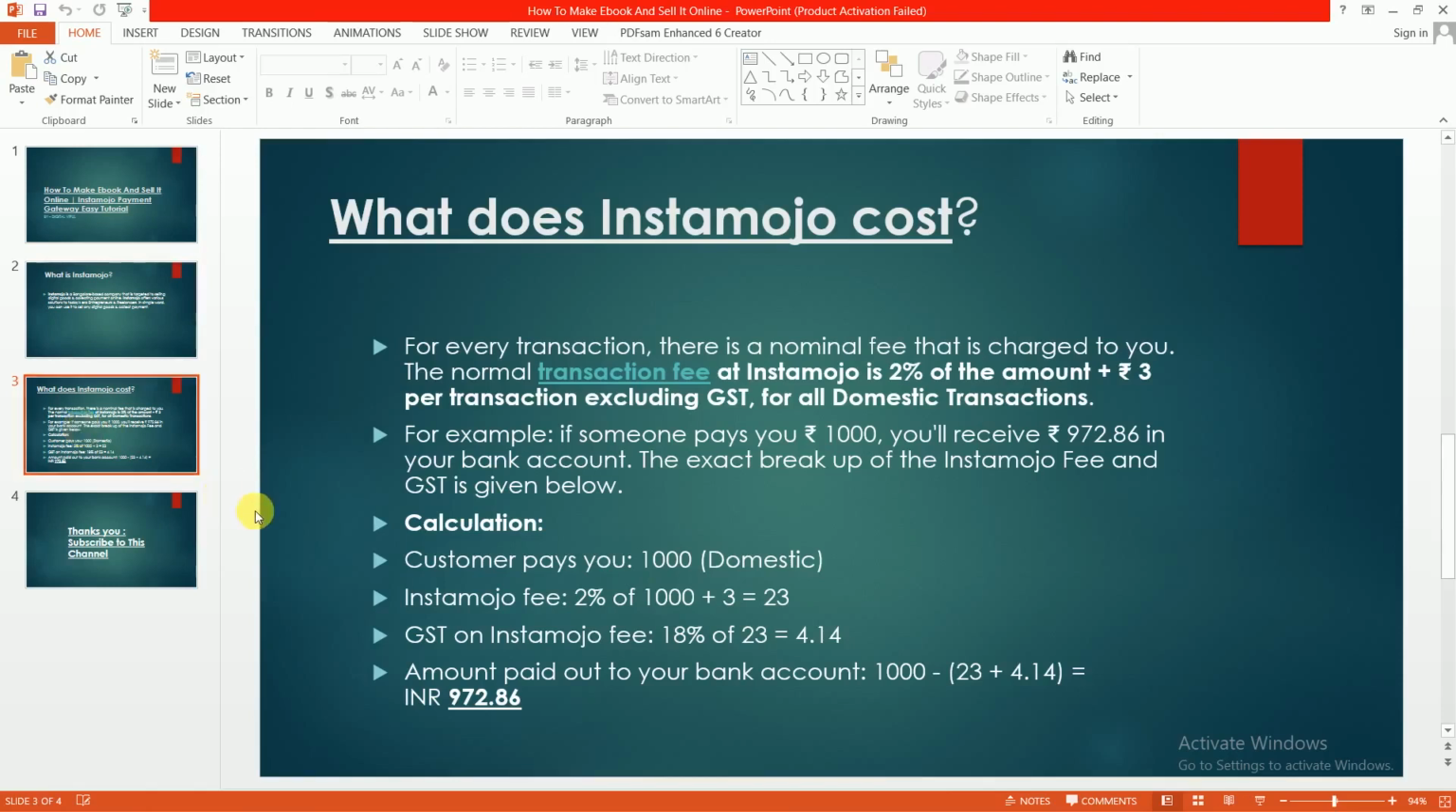Okay, so I have given one example. If a customer pays you 1000 rupees, then InstaMojo will deduct 2% of 1000 plus 3 rupees per transaction, that is for one transaction. So that becomes 23 rupees, and then GST is 18% of 23, that is 4.14. So the amount that will be received by you if a customer pays 1000 is 972.86 rupees. Although your customer is paying 1000 rupees, you won't be receiving the full 1000 rupees, you will be receiving 972 rupees. So if you want to receive the full 1000 rupees and you want to pass these two fees to your customer, then you can